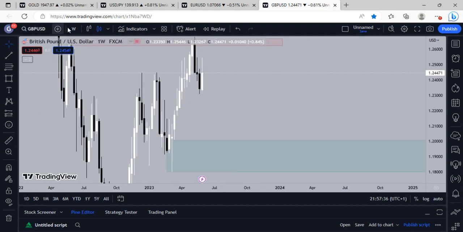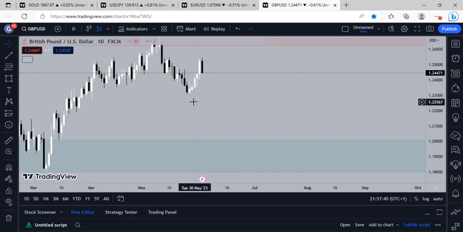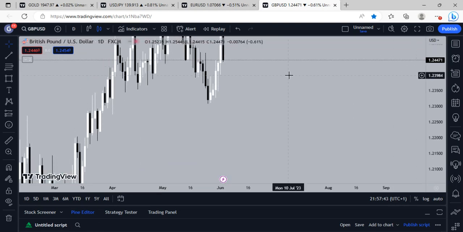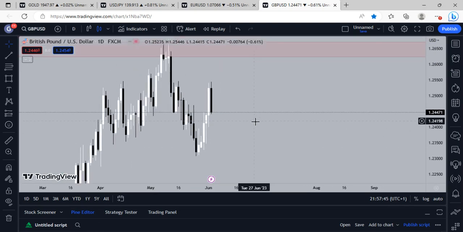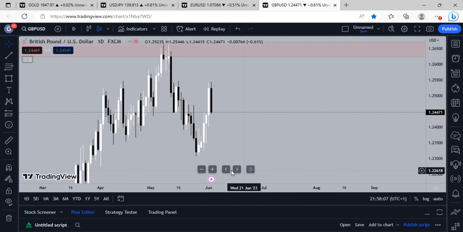Now I'm going to move on to the daily. On the daily over here, what you can clearly see happening is we have a spike. I mean, we have a sweep. If you look at this bullish candle, and then look at the bearish candle next to it, there is a sweep. The wick,